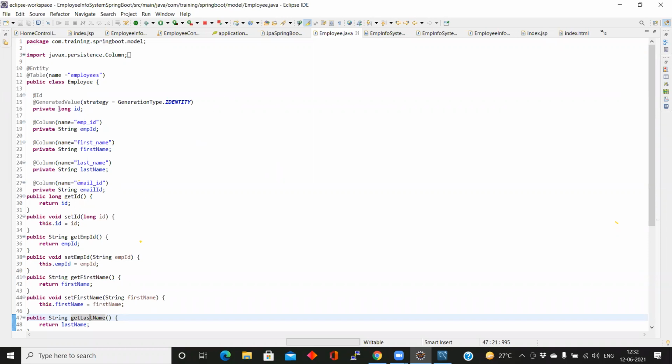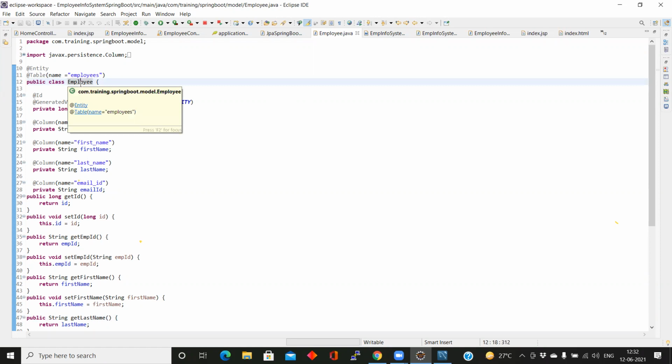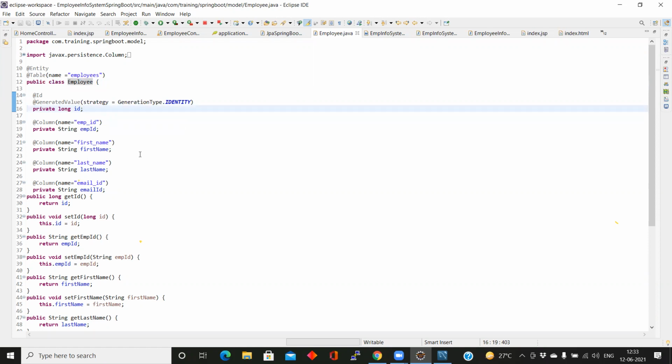The first thing we are creating is an employee object. First, forget about the annotation. Think about employee, and the field is long: the ID field, which will be the serial number. Then employee ID, first name, last name, and email ID. Only these are the fields we have created, along with normal setters and getters. Step 1 is to declare the private variables. Is it clear to all of you? Yes, sir.